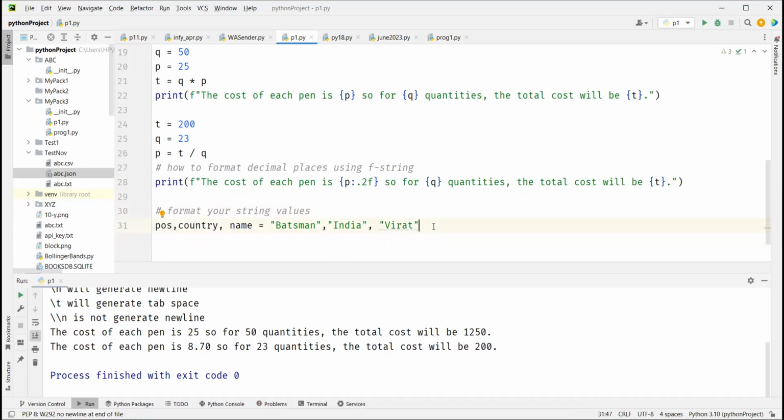Yes, it is left to right mapping. Okay, left to right: first, second, third. It happened left to right mapping. Now, if I want to print something like this, let's say print